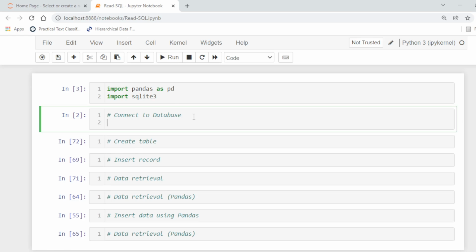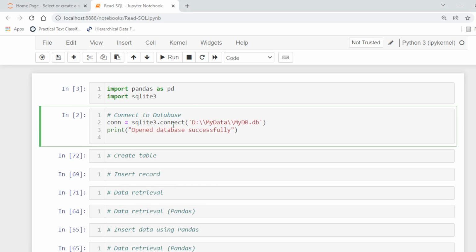So here we are using the connect function, which will connect with the MyDB stored in my data folder. If the database is opened successfully, it returns a connection object.